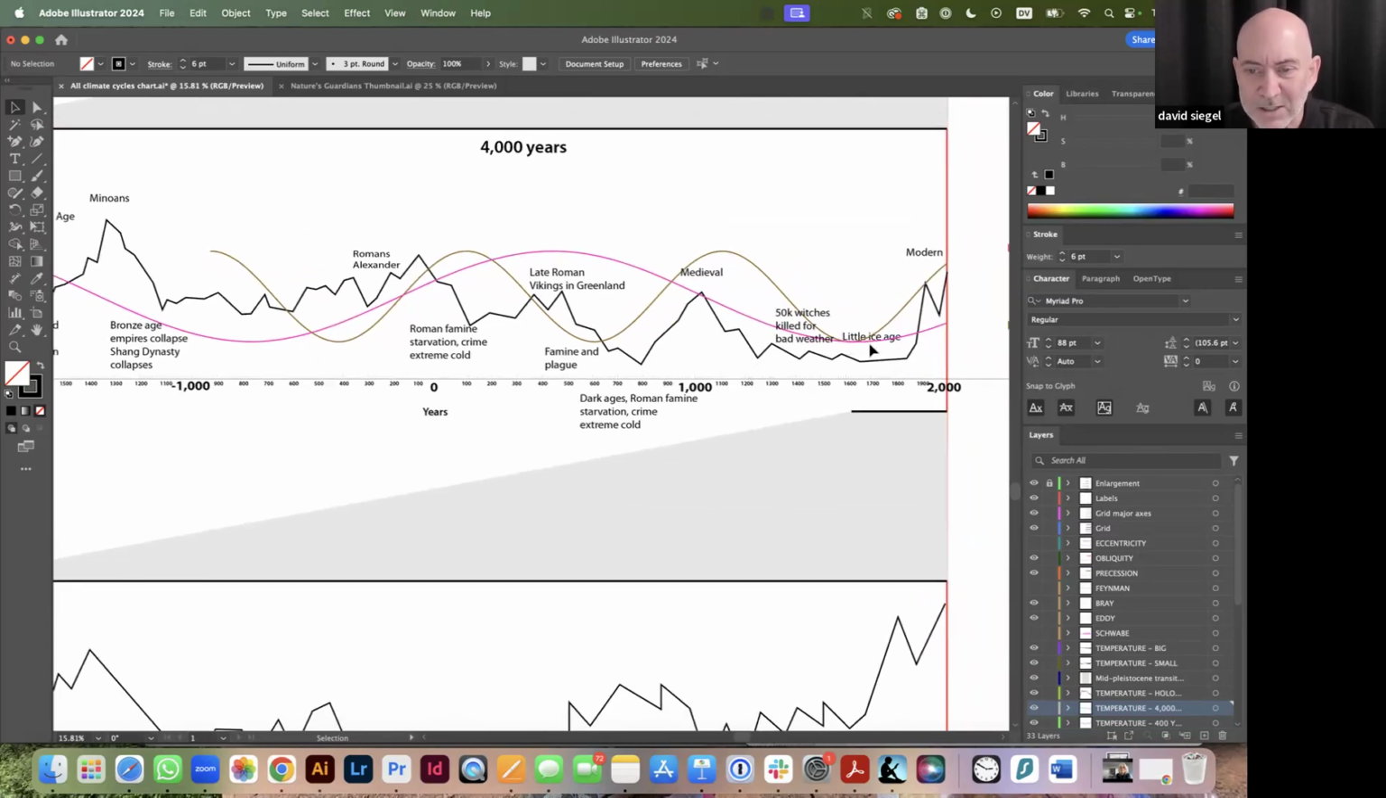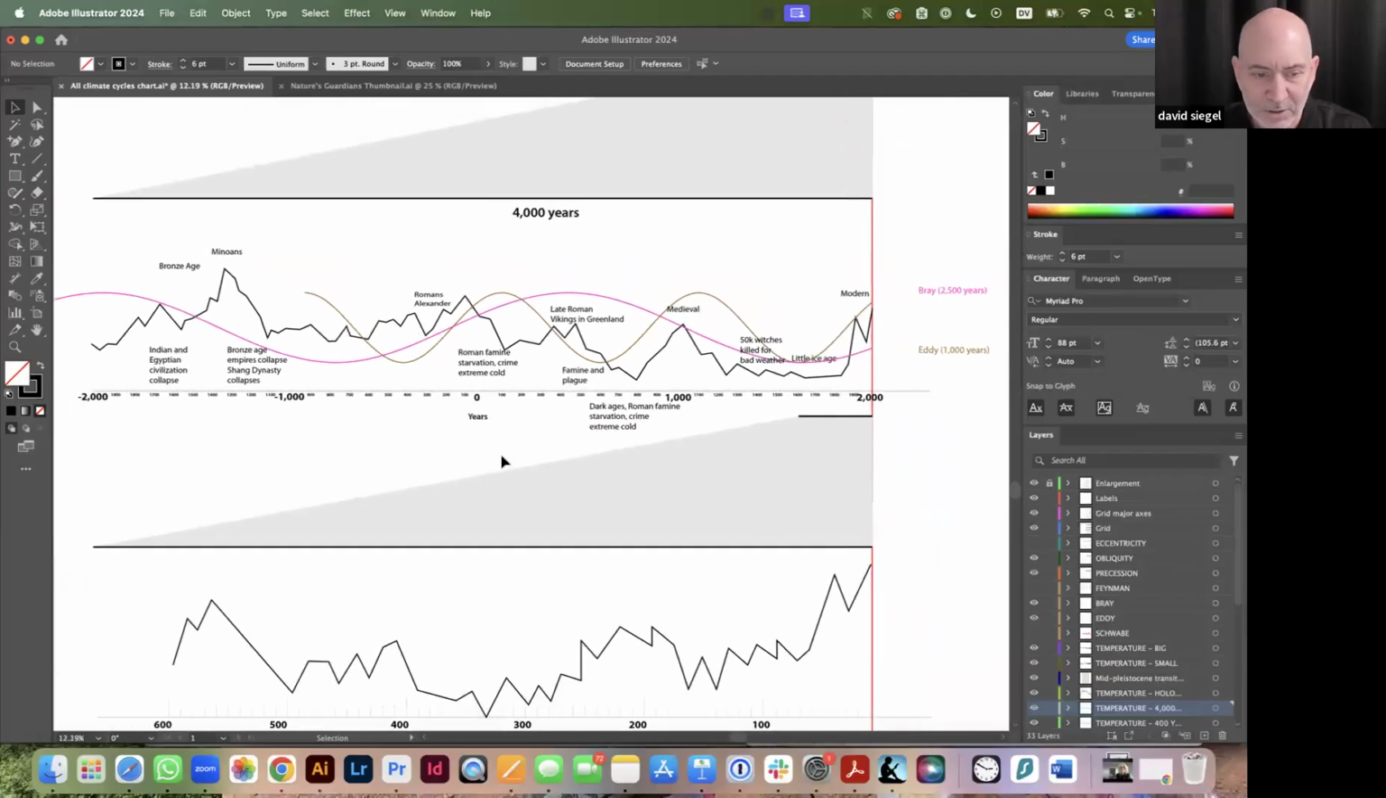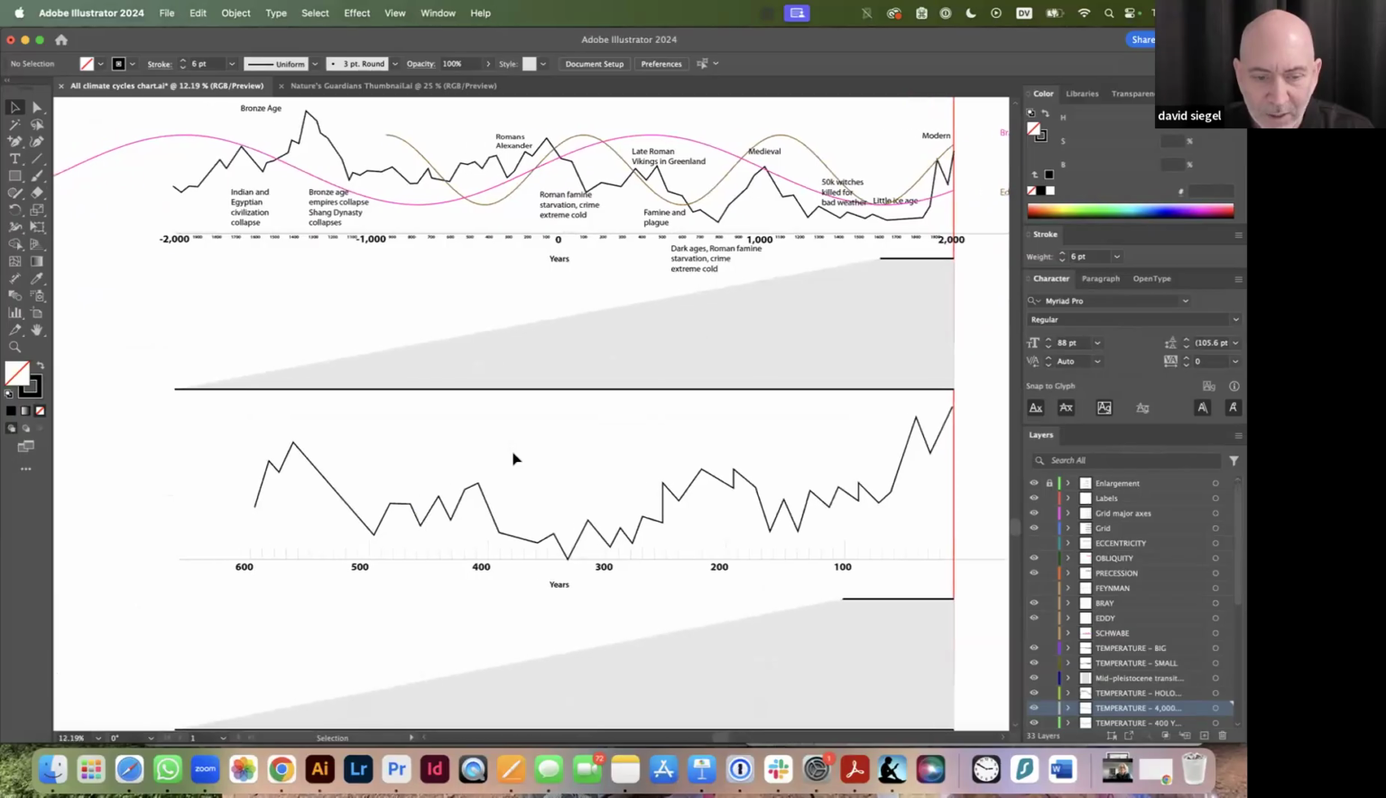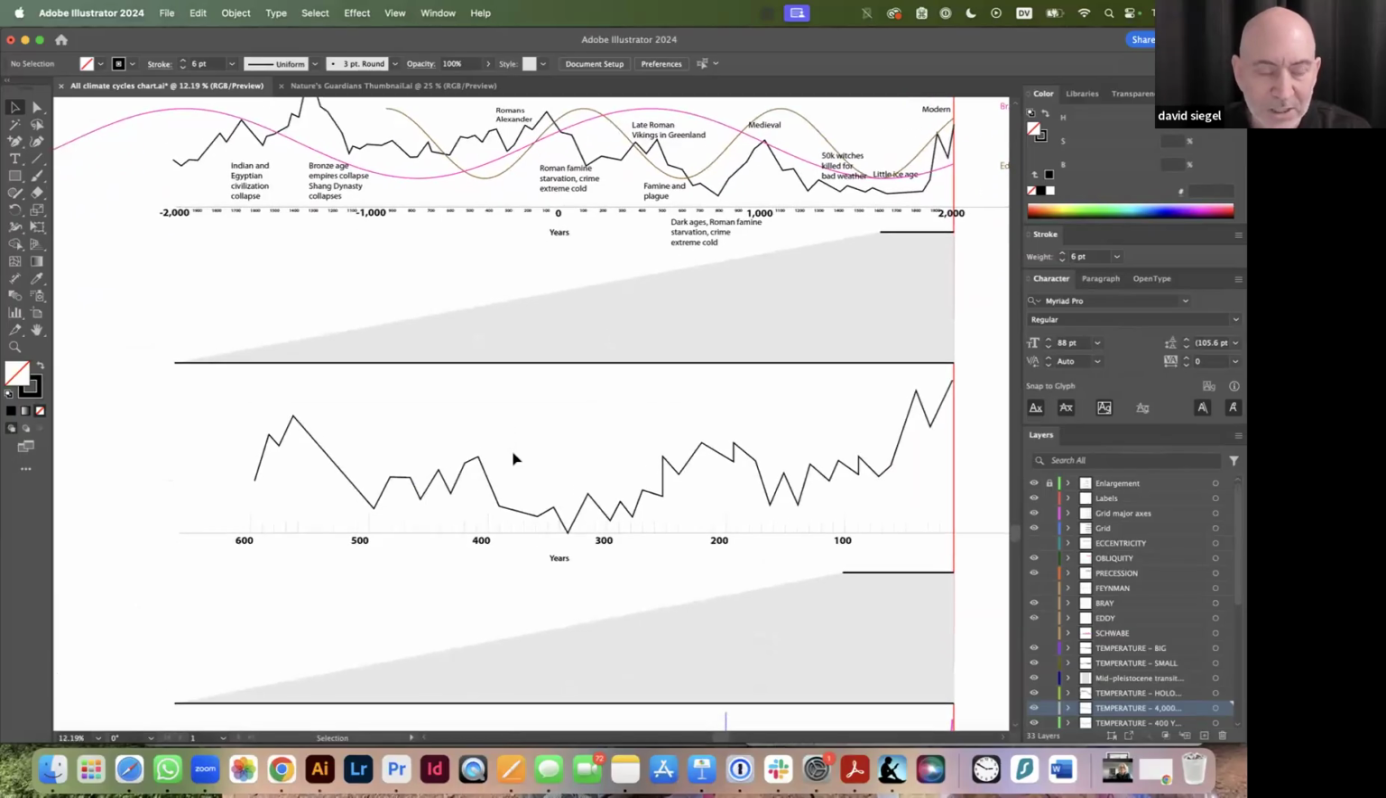So this is about 1750 that we started to get out. And we've been on this path since then. Coming out of the Little Ice Age is our current warm period. Did not start in 1950 with some smokestacks and tailpipe emissions. Now here we are in the last 600 years, and this is where we have really